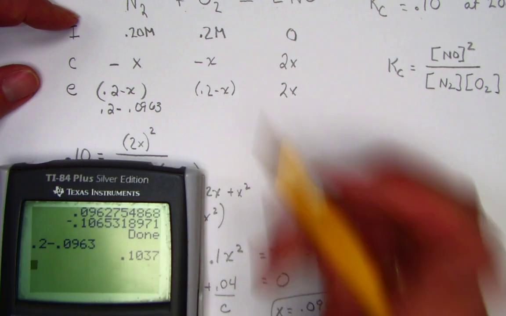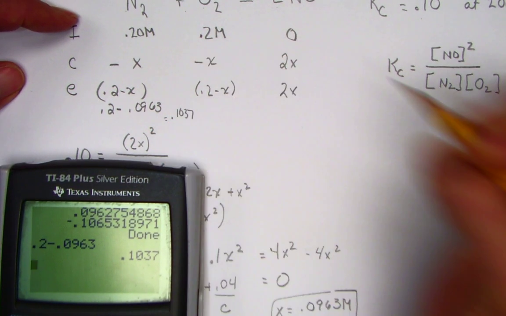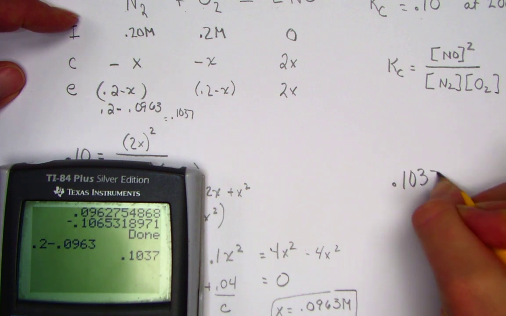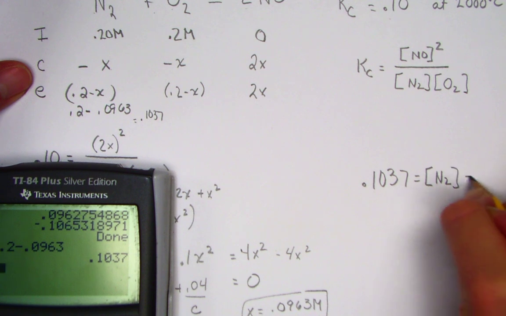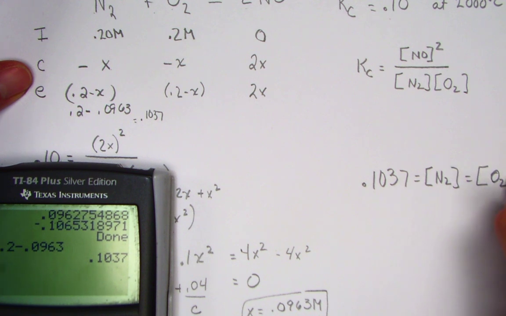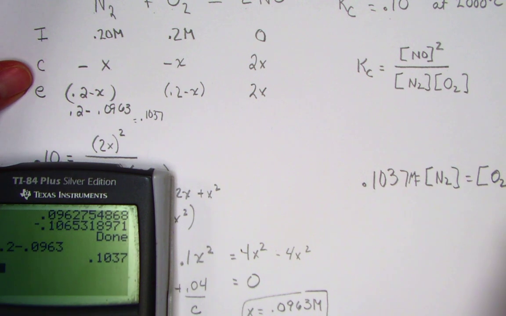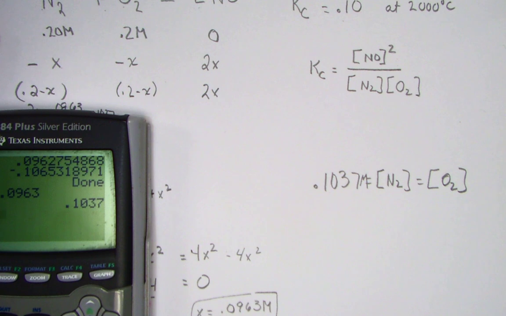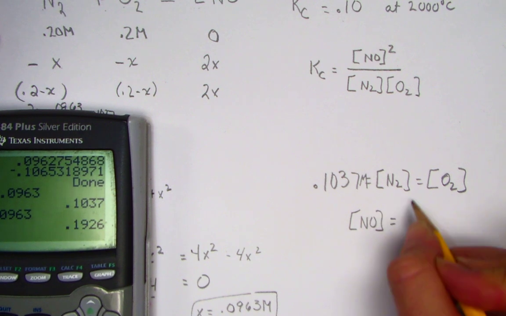And those concentrations come out to be 0.1037, which is the concentration not only for the nitrogen, but it's also equal to the oxygen, since indeed they were given the same amount. I'm going to squeeze my unit there. Those are big M, molarity units. Alrighty. 2 times the value of x, the concentration of NO at equilibrium,